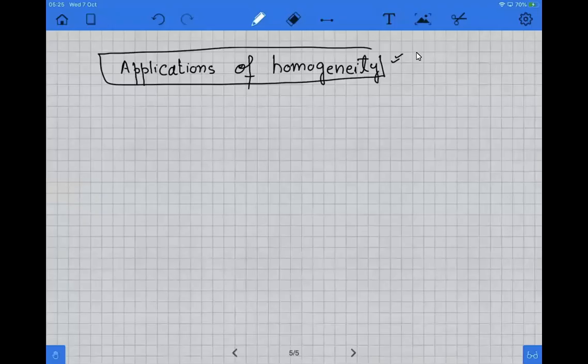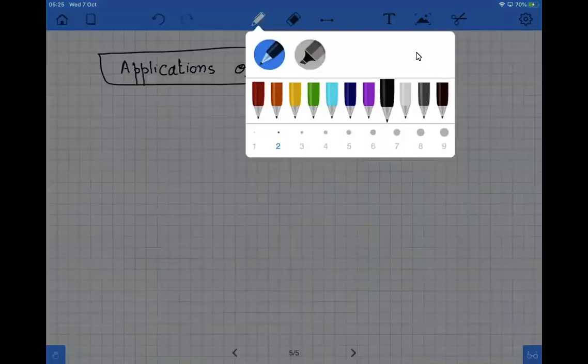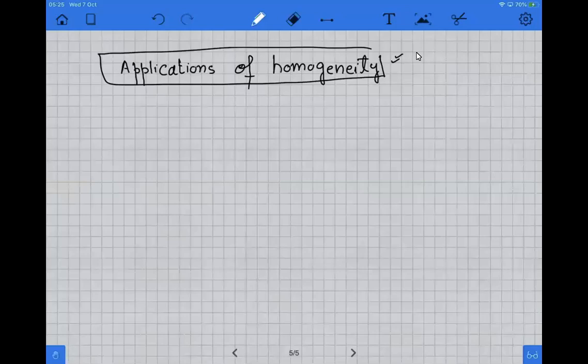Applications of homogeneity. Basically, there are many applications of homogeneity which we have to discuss. Number one,